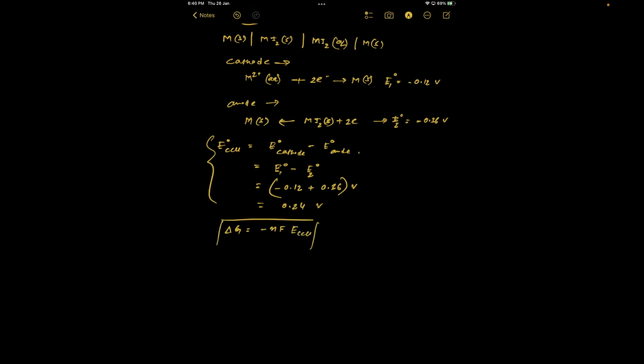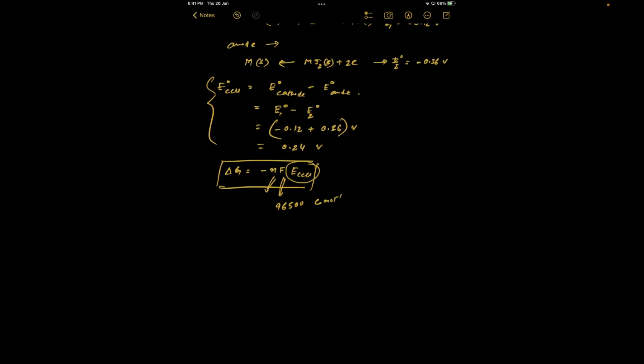You know that the free energy change for any electrochemical reaction will be equal to minus the number of electrons participating in the electrochemical reaction, N. F is the Faraday, which is 96,500 coulomb mole inverse, and E cell is the cell potential. Now for delta G0, the standard condition, it will be equal to minus NF E0 cell,